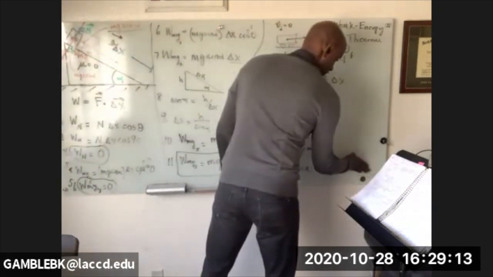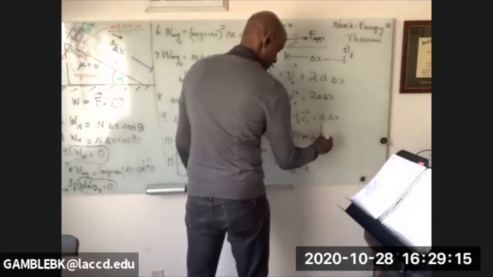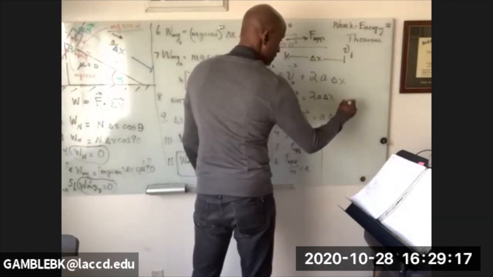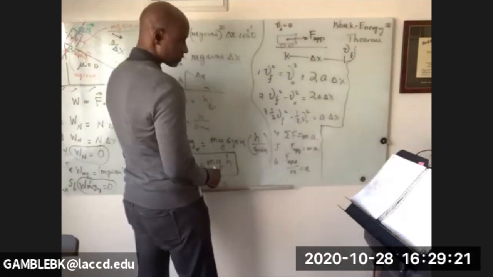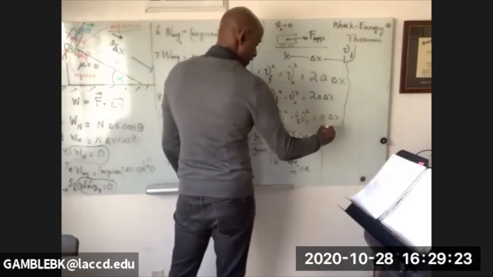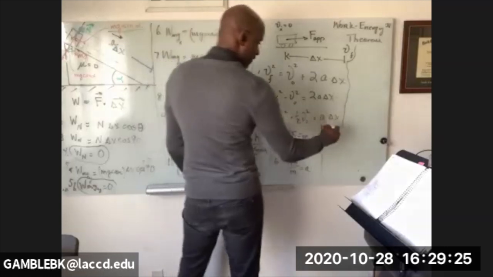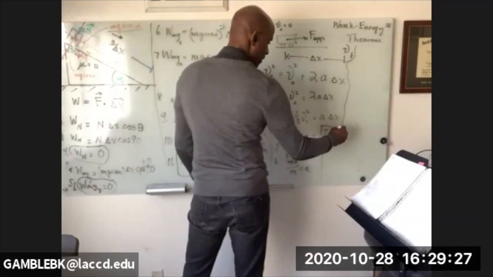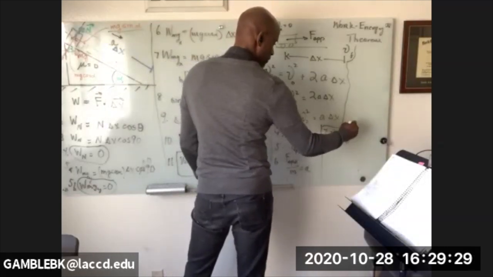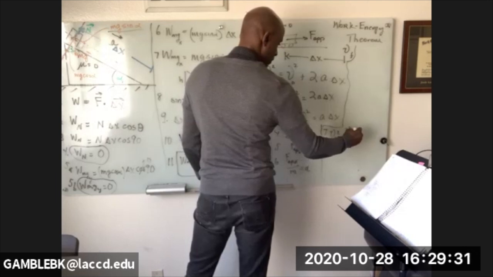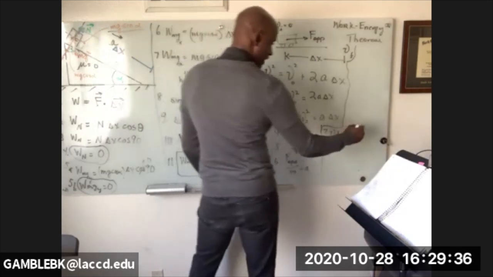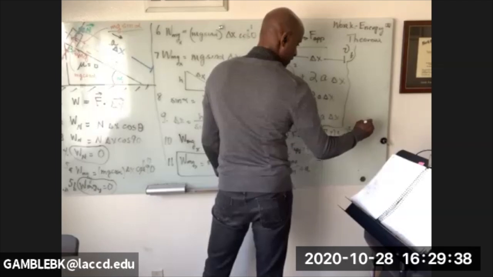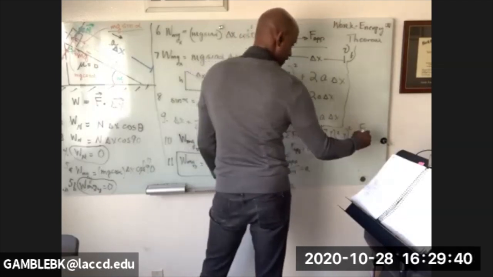I'll call this 7. So I have v final squared minus v initial squared equals 2 times, well, the a is going to be F applied